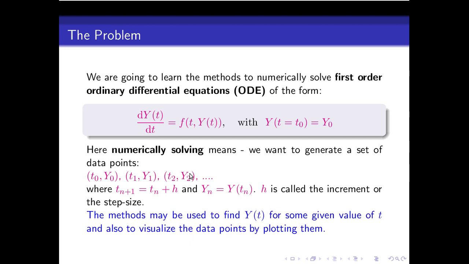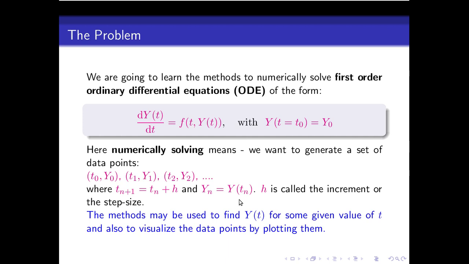Also, you may be asked to find y(t) at some final value of t, at some tn. That may be also done, but before coming to yn, you have to go through the other points. You cannot jump to find yn. You have to go through t1, y1, t2, y2, t3, y3, and so on, and then finally reach tn, yn. So this is the formulation of the problem,